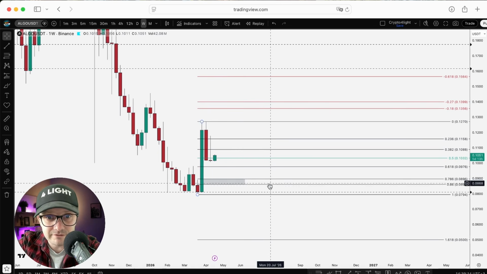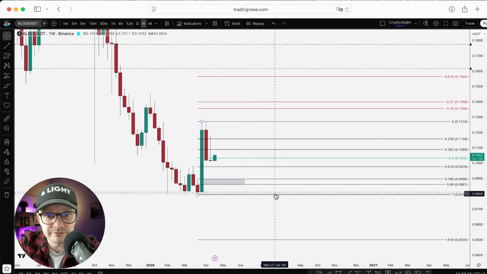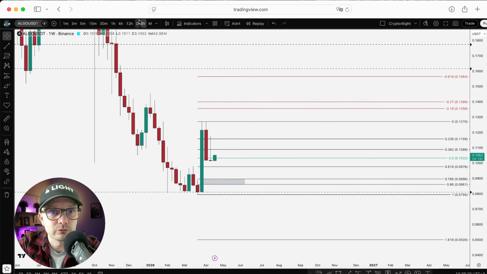So this zone is for the futures trade. This block for the futures trade. This block for the futures trade. Stop loss under the low of the March zone, 26.